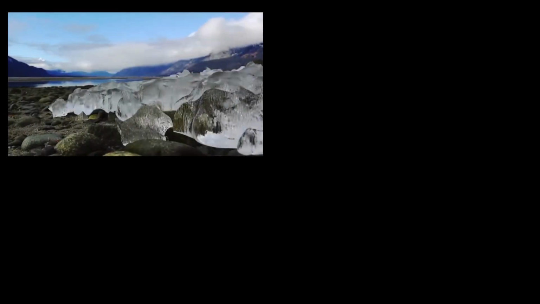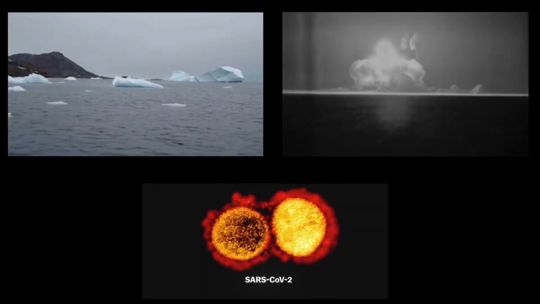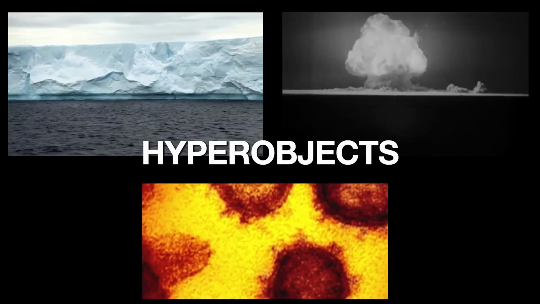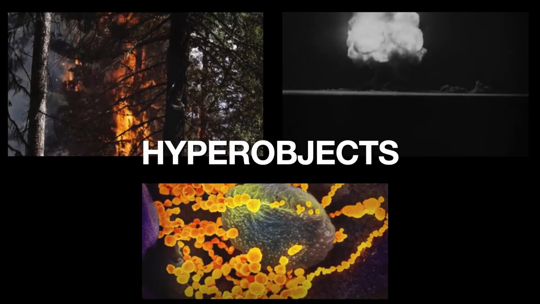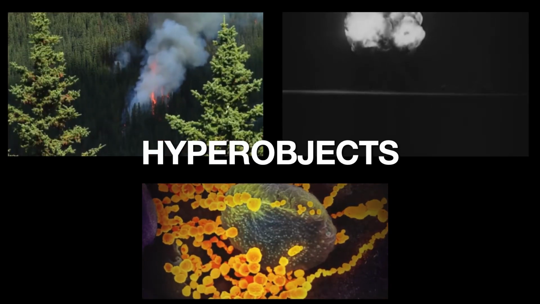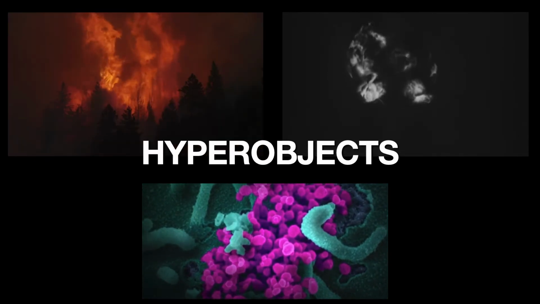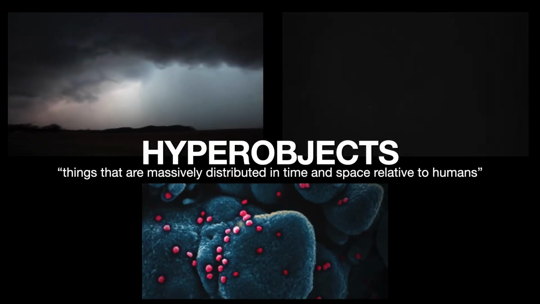What do climate change, nuclear radiation, and COVID-19 have in common? They are all considered to be hyperobjects, a concept developed by Timothy Morton, professor at Rice University in Texas, United States. First coined in his book The Ecological Thought in 2010, and then developed in his book Hyperobjects: Philosophy and Ecology After the End of the World in 2013, hyperobjects are things that are massively distributed in time and space